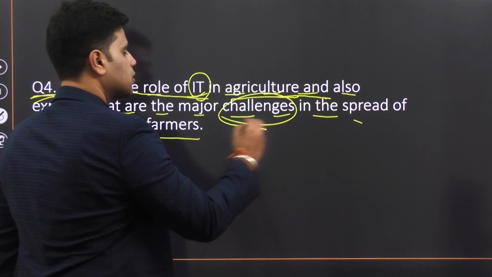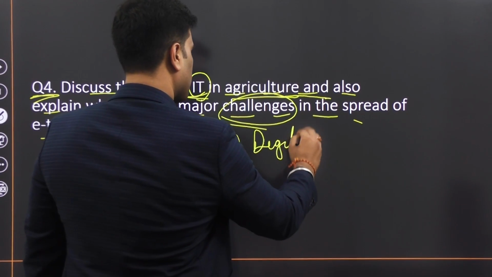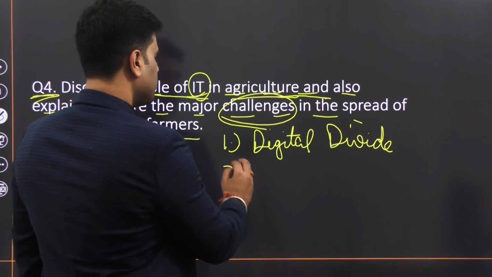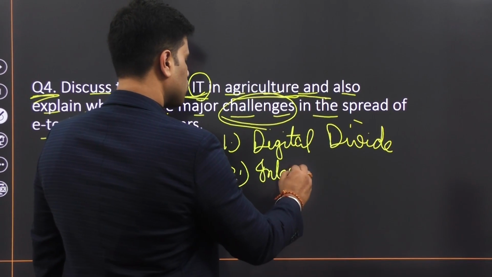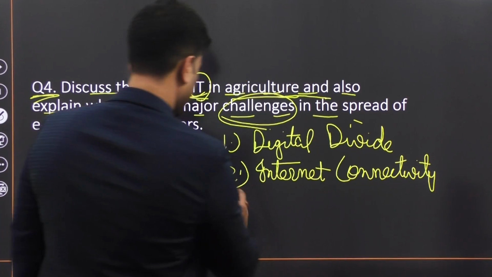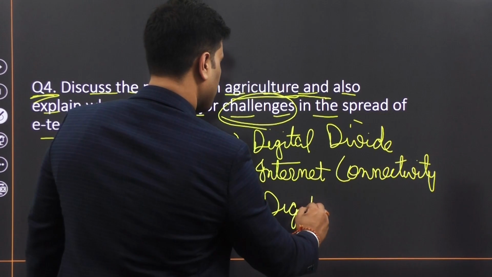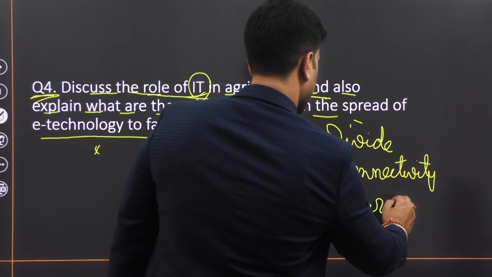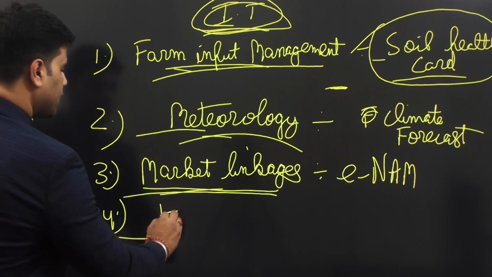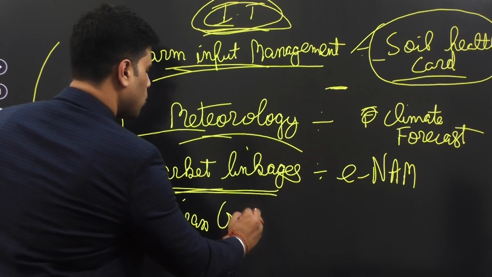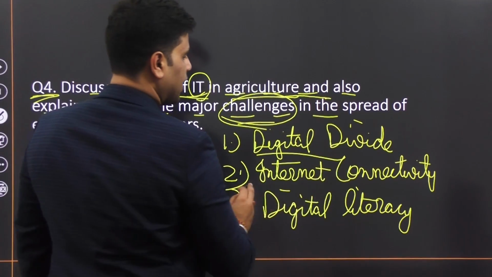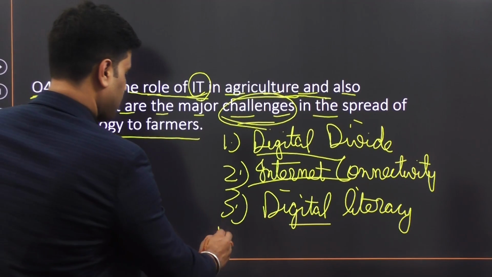Well, major challenges. Number one, digital divide. Many farmers do not have access to smartphones. Number two is internet connectivity issues. Then digital literacy is a problem. Right? So one more application, Kisan credit card or online processing of loans is also one way to help farmers. I just remembered this. Clear? Yeah, we were talking about challenges. Digital divide, internet connectivity, digital literacy, then